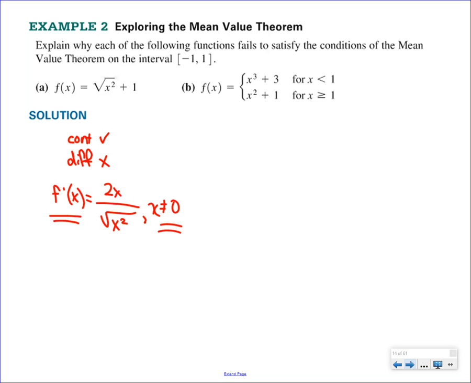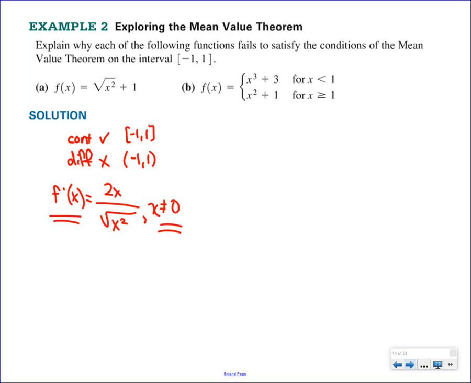But it fails MVT. It's not differentiable everywhere on an open interval, but they didn't even, oh, they did. Everywhere in between, -1 to 1. Remember, it could fail at -1 and 1. Continuous has to be everywhere on the intervals, just as a quick reminder. Closed on continuous, open on differentiable. Long story short, you could have a sharp point, like at -1 and 1.